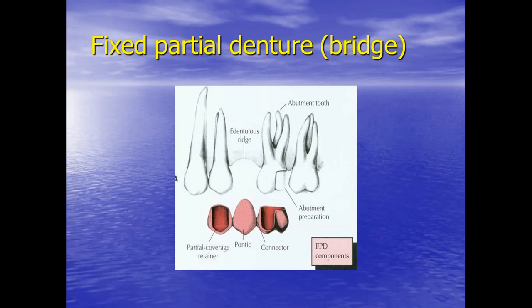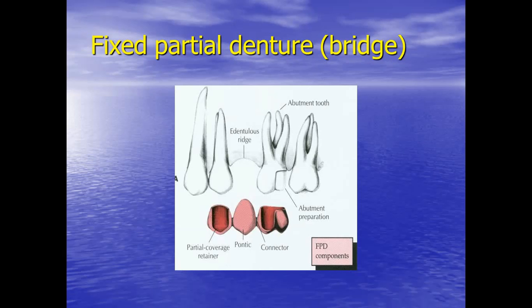Okay, so some more English words that each student should know from now on. Edentulous ridge is the piece of alveolar bone with the mucosa over it in the place where the tooth was previously standing and was extracted, or did not erupt in place, and we have a gap in the tooth row in the dental arch. Then we have abutment teeth. These are the teeth which will carry the load of the replacing